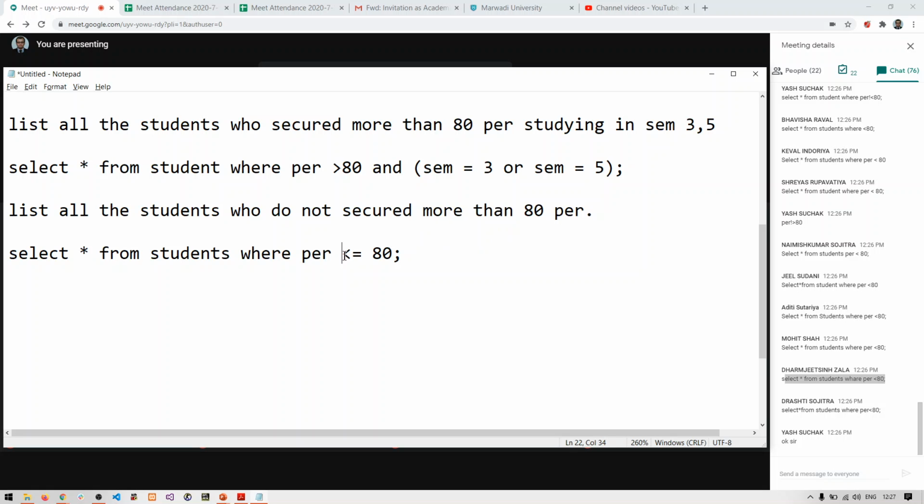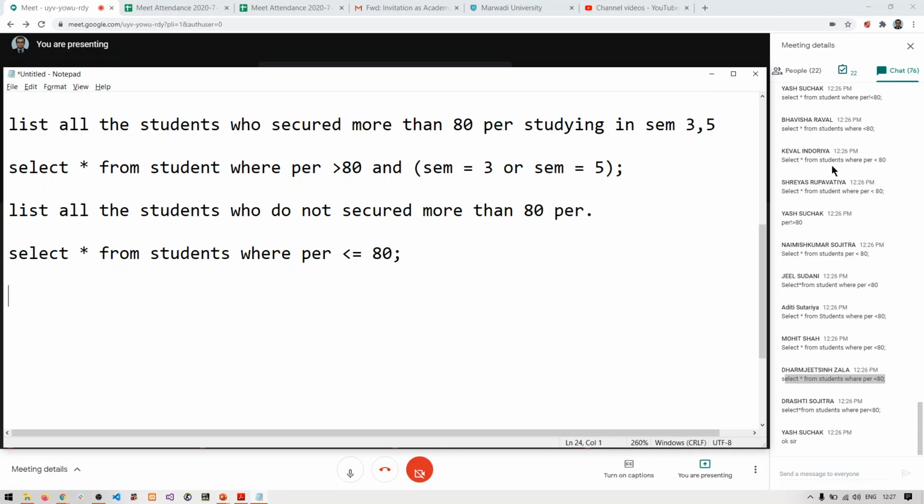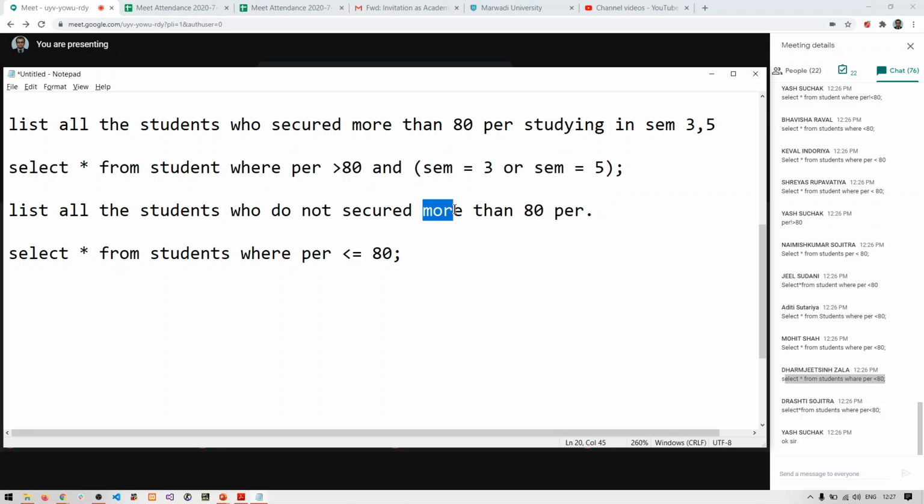So the negation will be less than or equals to 80. All the students, make sure you are writing this condition properly. It is not less than, it is less than or equal to, right? Everyone, because the condition is more than 80. It is not greater than or equal to 80. It is only more than. So here it will be less than or equals to 80. Clear with this?